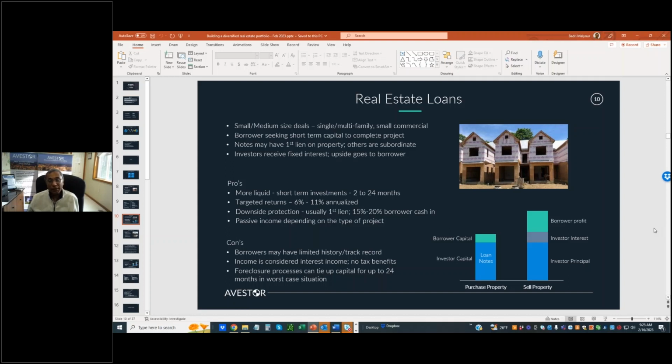Typically, they have been paying 6 to 11%, but recently, since interest rates have gone up, now you get almost 12, 14% sometimes. Pretty good returns, even compared to what you're getting in the bank. The bank returns have gone up too. Great passive type of income. And you really do want to invest in loans where the borrower has put at least 15 to 20% down. You want to stay away from loans where the borrower has very little skin in the game,